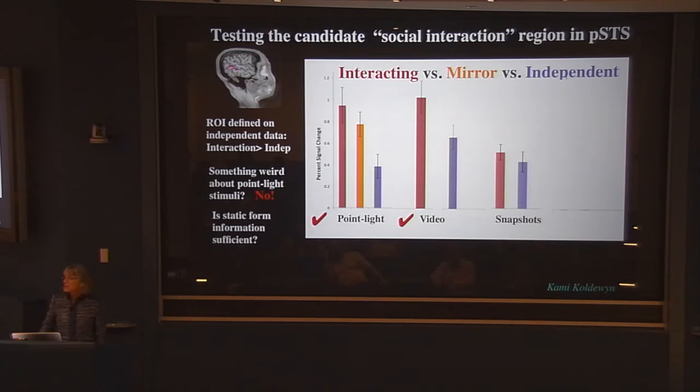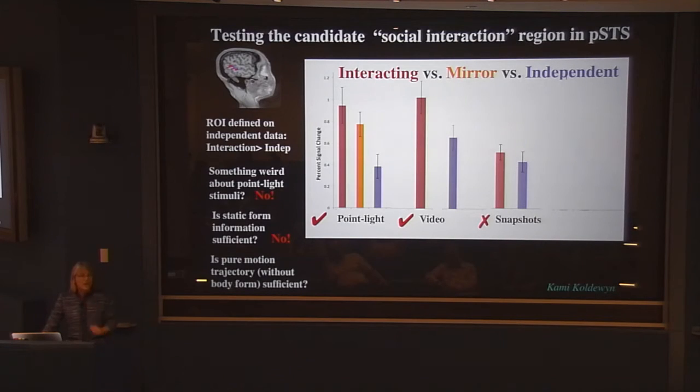And there we pretty much don't get, I mean, it's significant with enough subjects, but it's minuscule, okay? I think this is related to the fact that right next door is that region that likes face motion. It doesn't like face stills, but I can't do much more with it than that. So it doesn't respond to any old interaction. I think those stills have plenty of information about interaction. But we have one more case